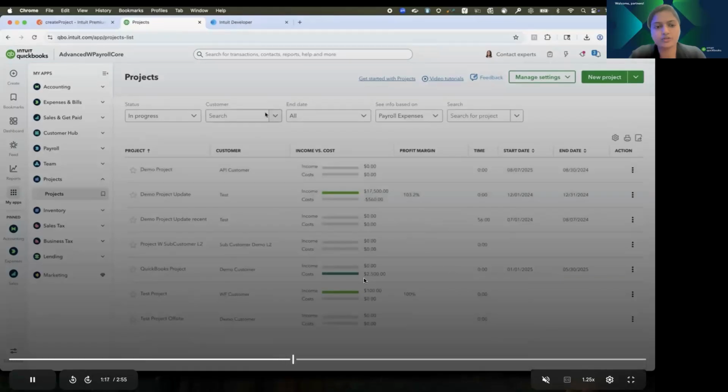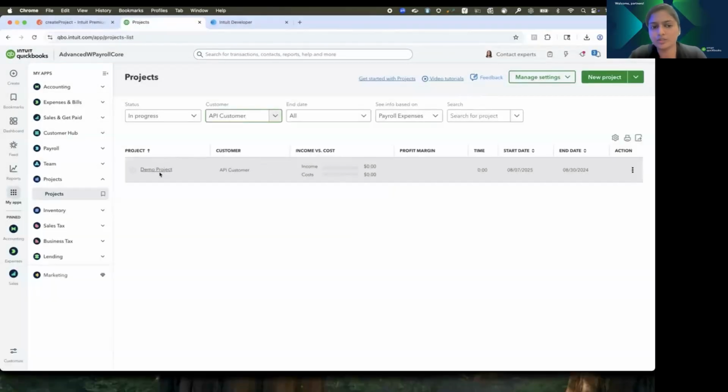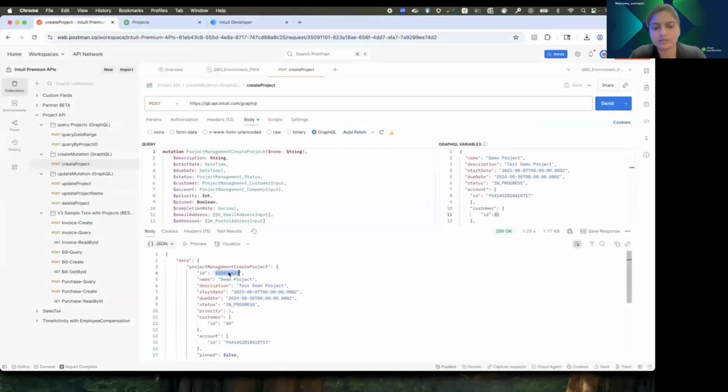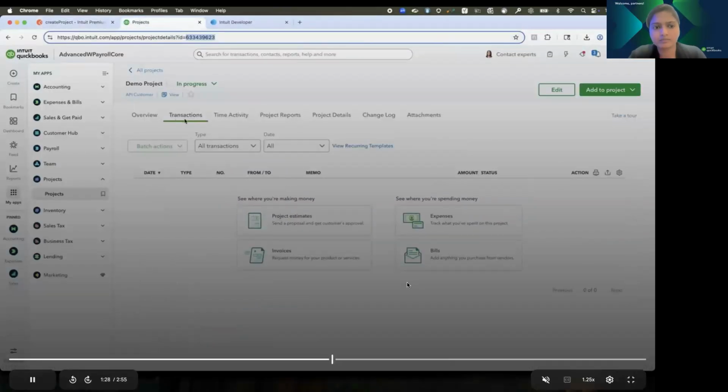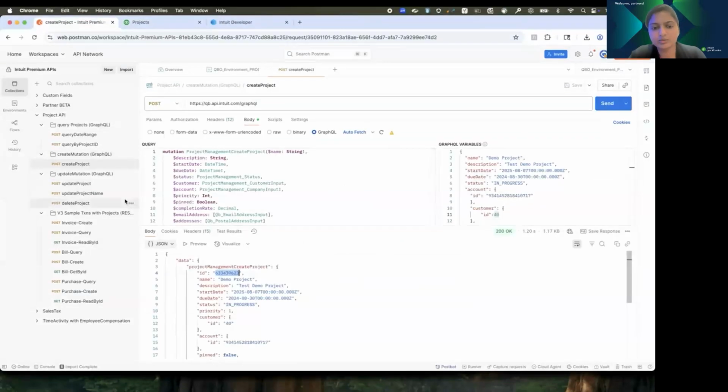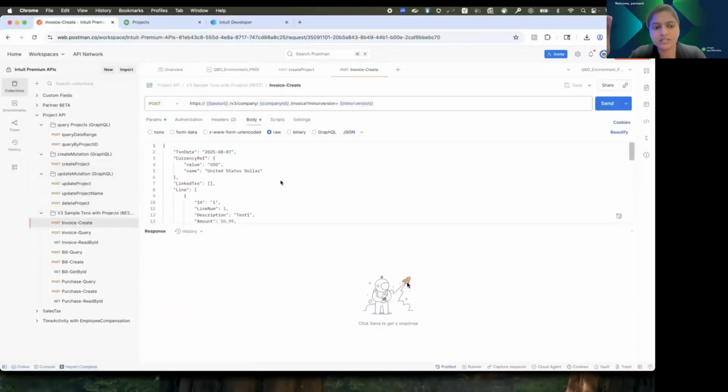As you can see, we're just showing you how the project is created on the QBO side. And the project ID, as you can see. Now let's see if we can post a transaction. To post the transaction,